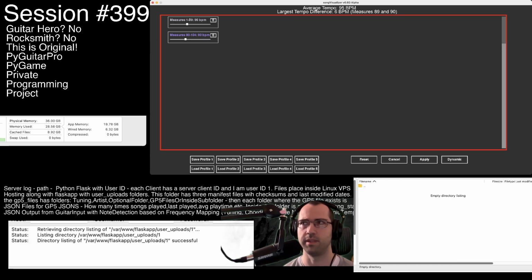which is interesting, since PyGuitarPro has some tempo adjustments that could occur in one measure arrangement but not the other. In other words, you have to keep the tempo synchronized between arrangements, but that's another story. I'm trying not to get too off topic. This is a pretty big project, and I'm trying to keep on the surface. But this tempo screen has profiles for different tunings. You could adjust the tuning